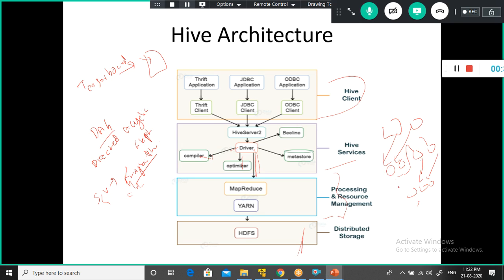So the output of the maps will be stored temporarily somewhere, and then used as input for the subsequent job. Various different steps will be there, and the subsequent steps will be sent to process further. Once the entire output gets generated, it will be sent back to the client.